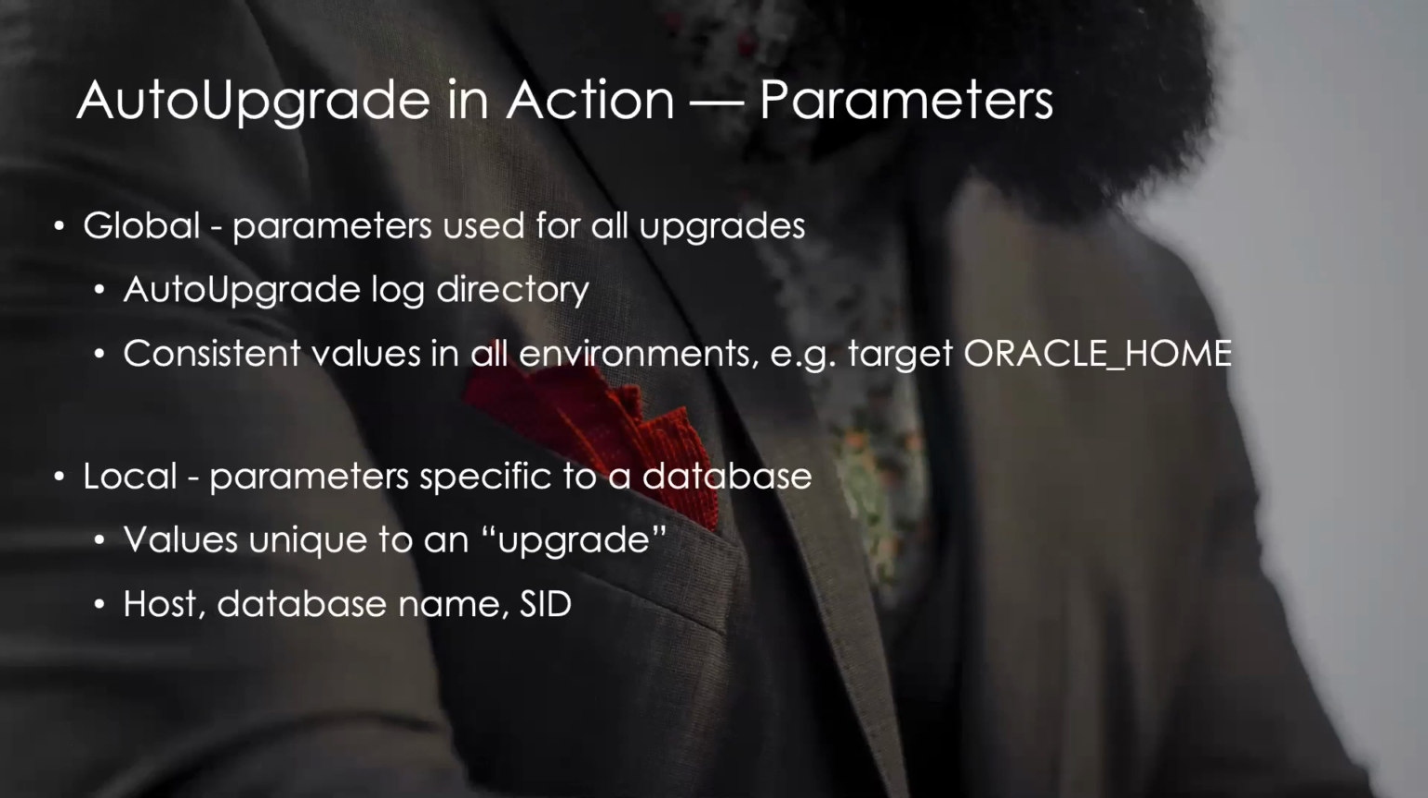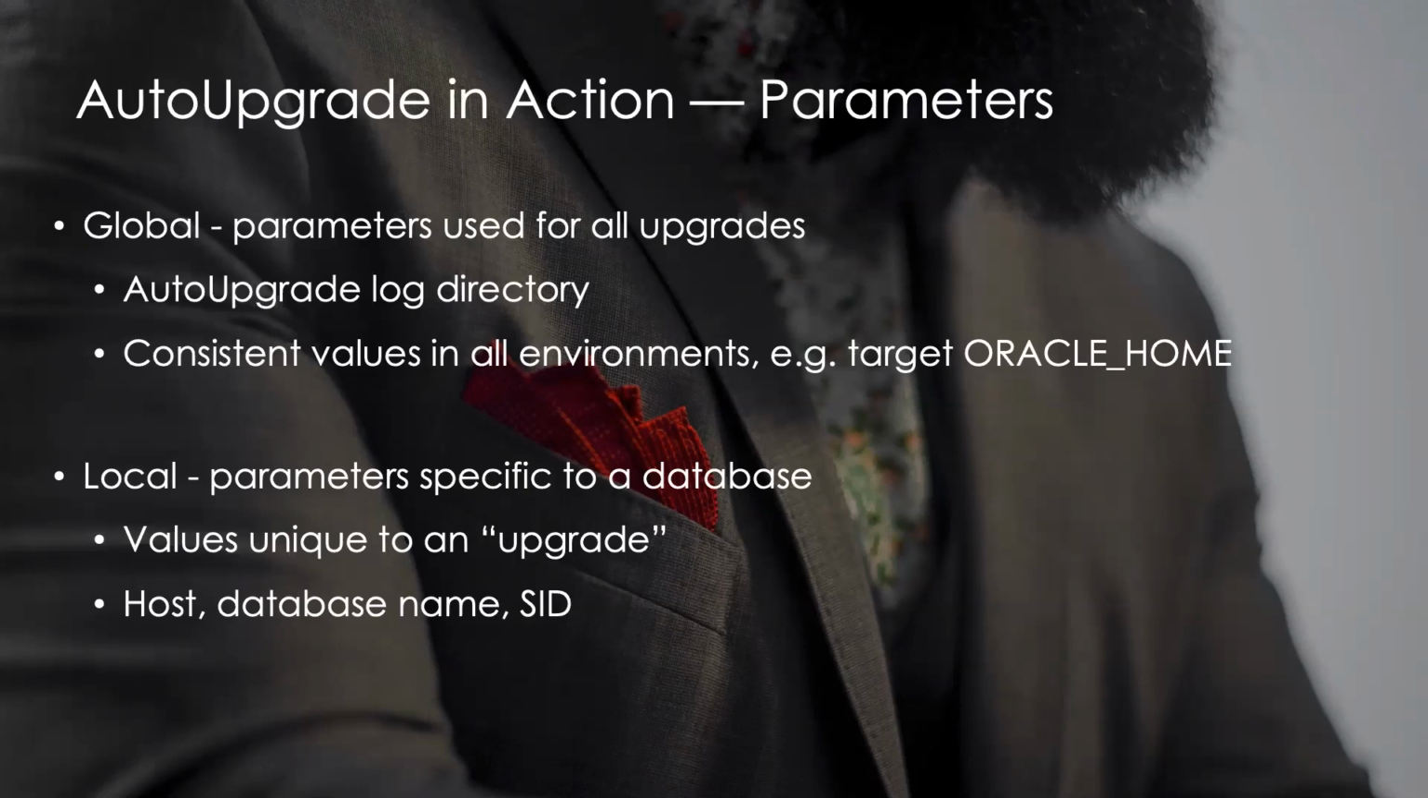First thing you'll notice, this configuration has global and local parameters. Global parameters are going to apply to every upgrade that uses this configuration file. The log file is a good example of that. Your target home and your version might be another. If you're going to upgrade a bunch of databases, they're all going to have the same home. They're all going to have the same target version. Local or individual parameters are going to be specific to individual databases. And these are parameters that we're going to define,